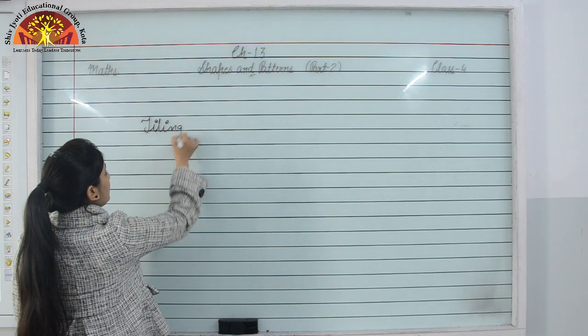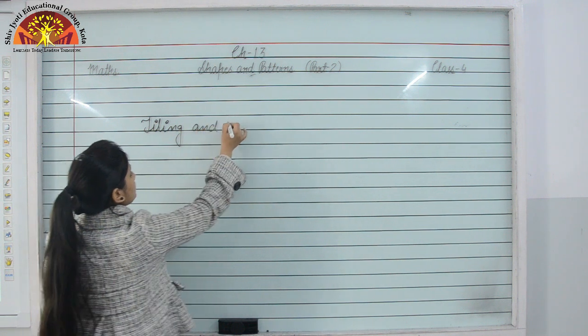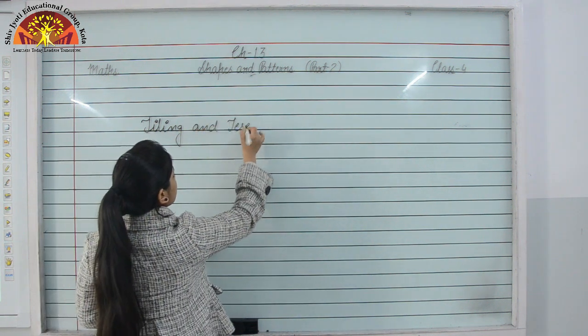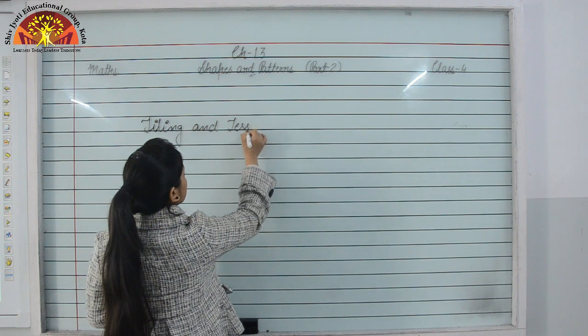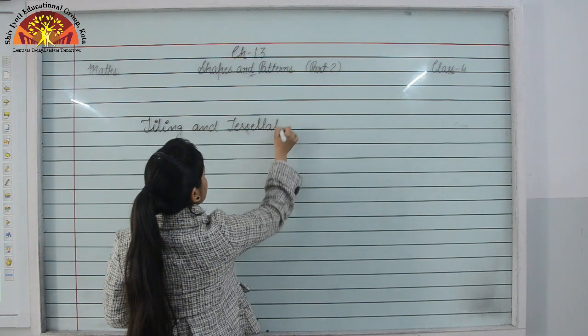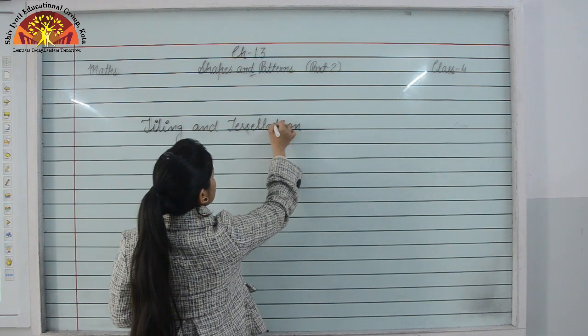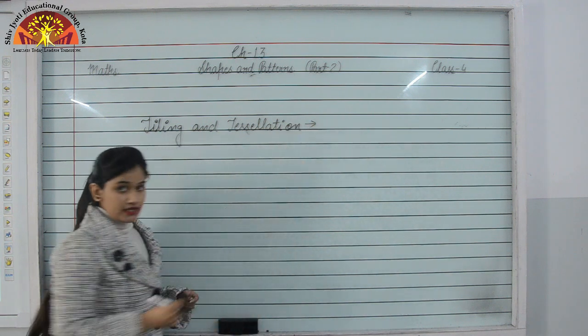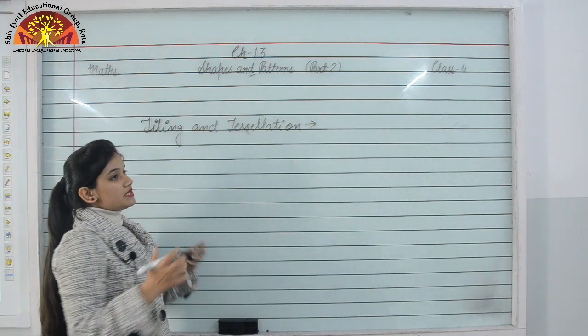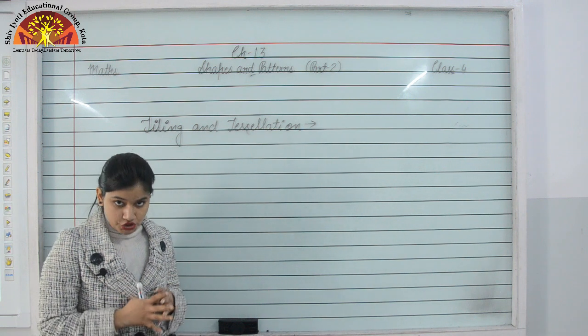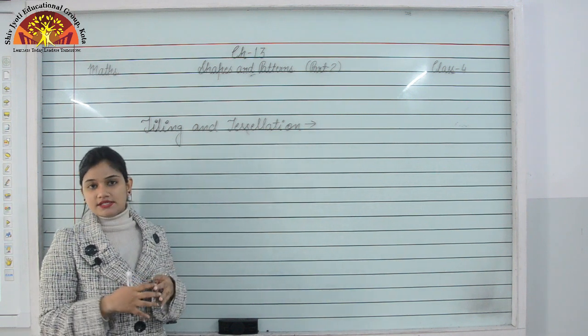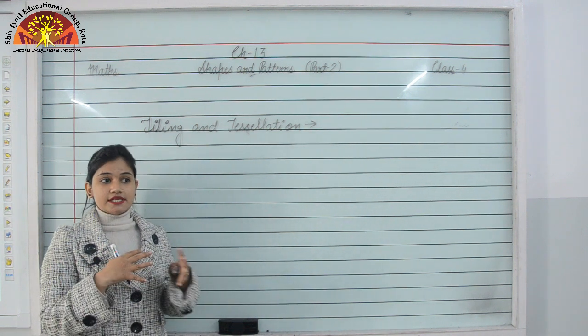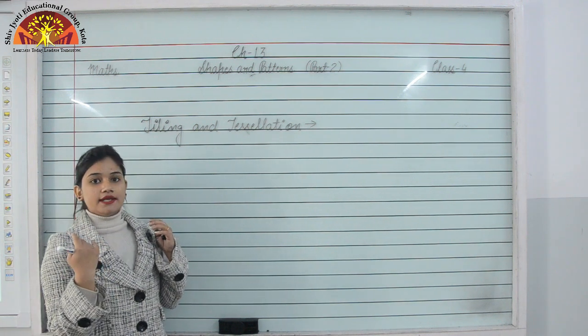Tiling and tessellation. So what is the meaning of tessellation and what is the meaning of tiling? Students, this is an arrangement of shapes. What did I say? This is an arrangement of shapes in such a way that we cannot see any space